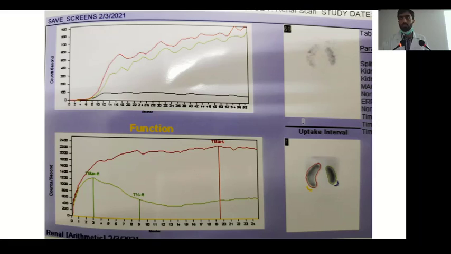In the left kidney, there is no excretion of contrast at this moment. There is overlap in the pelvis. The T half is calculated when there is excretion of contrast from the kidney. Like in the right kidney, there is excretion 15 minutes after the contrast excretion, or half of the contrast excretion.